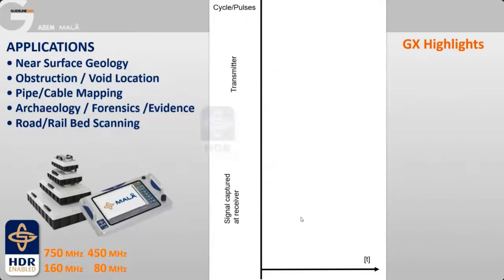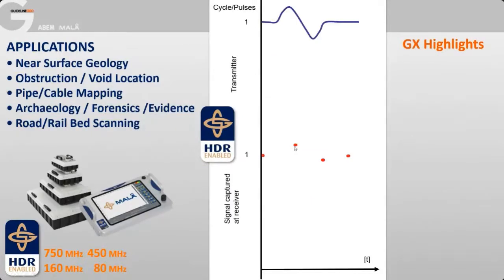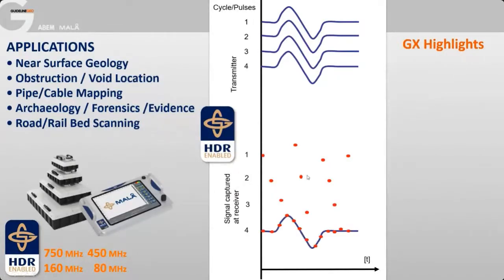However, with the HDR system, we move towards real-time sampling. So now we fire the transmitter and we actually record at more than one location, more than one offset time. And then we fire the transmitter again and we start filling in the gaps. Fire again, fill in the gaps, fire again, fill in the gaps. And now we end up with a result with fewer transmitter pulses and greater detail at